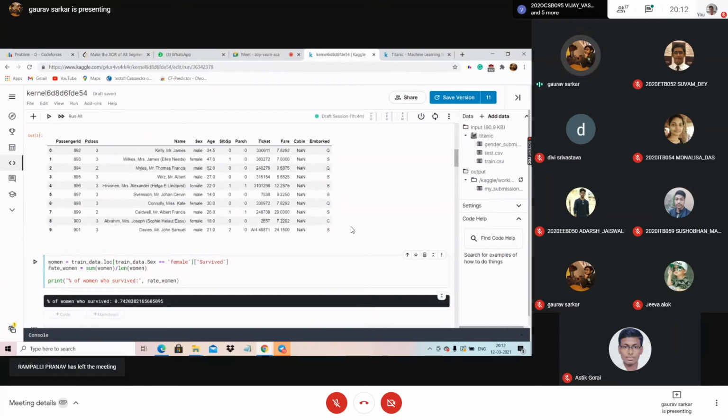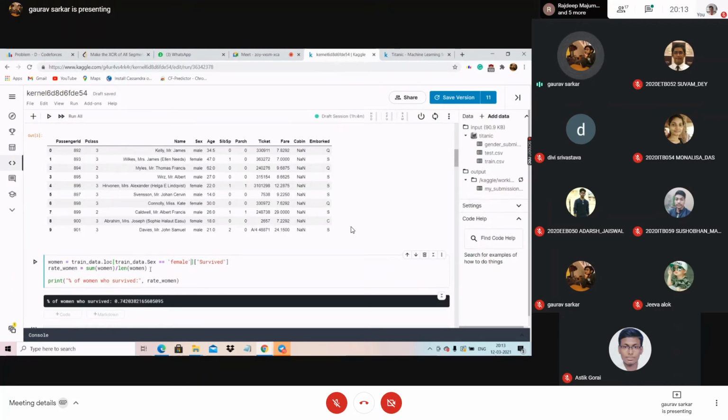In this woman variable stores 0 and 1. This woman variable will just store 0 and 1. Why? Because what it is returning is true or false values. Like for female, it survived: female comma 0. Next one female comma 1. Another one, female comma 0. Like this it is storing.